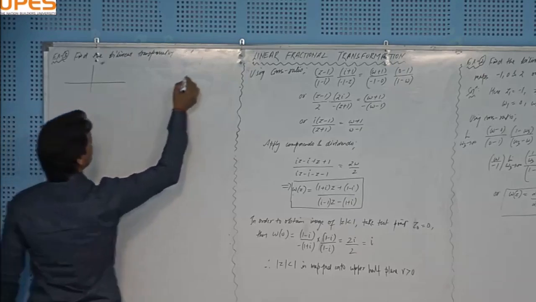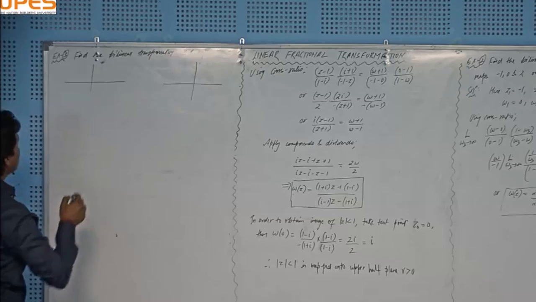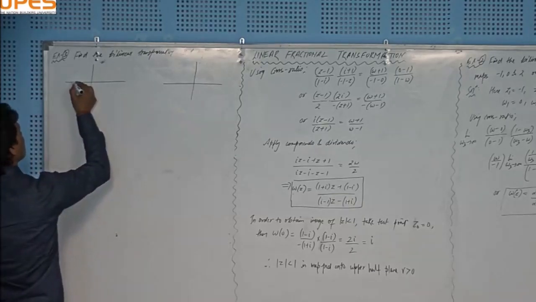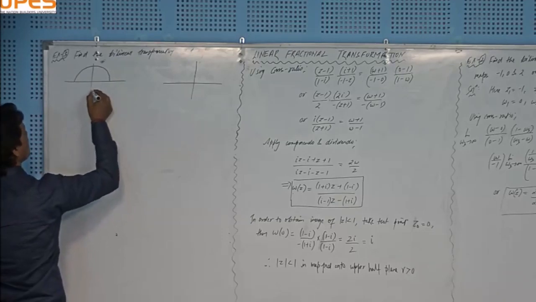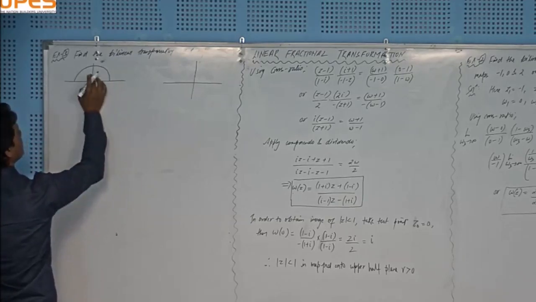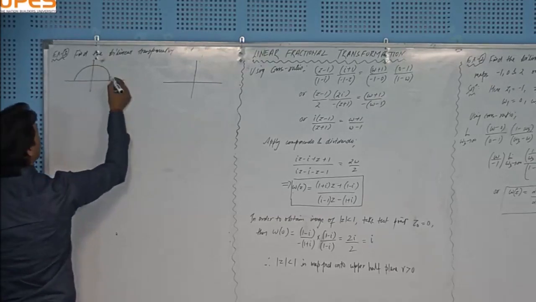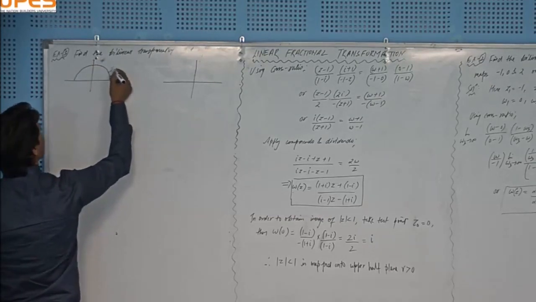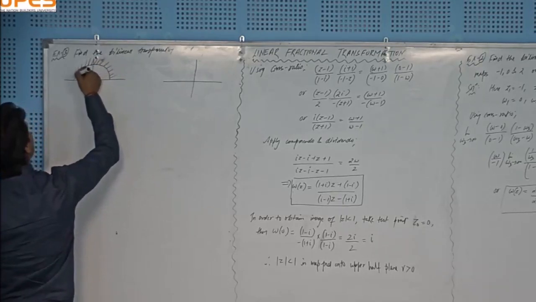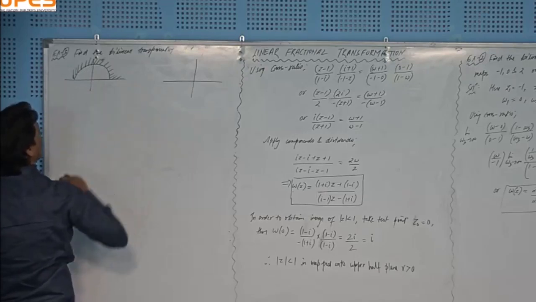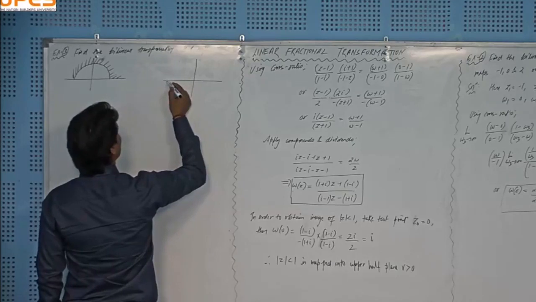And this is W plane. And if I take a semicircle here, like this, and should I take the inside of this? Left, okay. If I take the outside region, and if I take the lower half region,